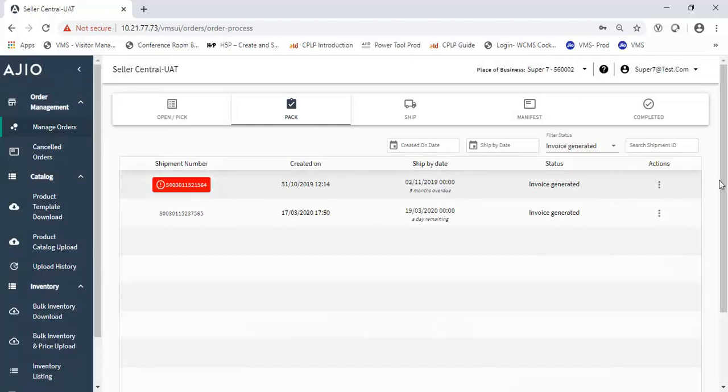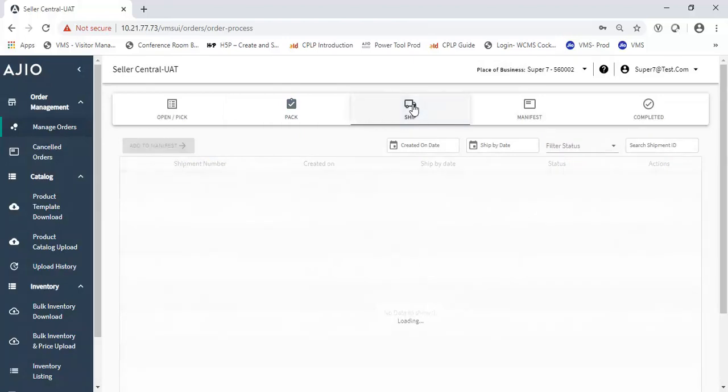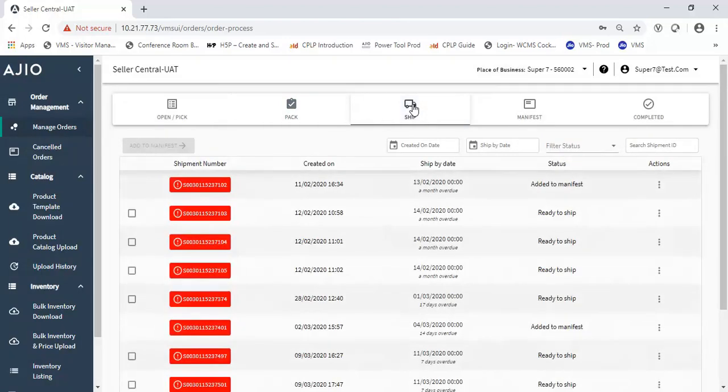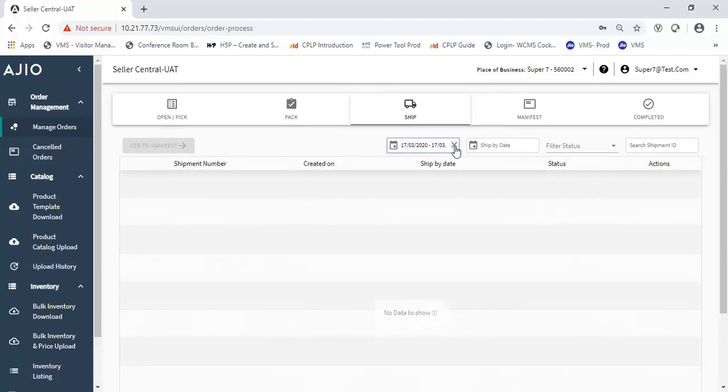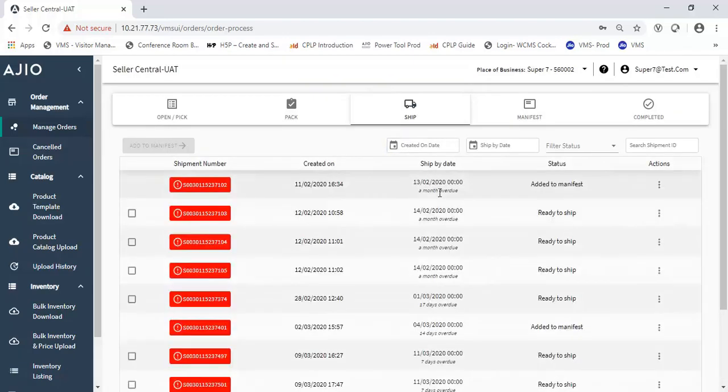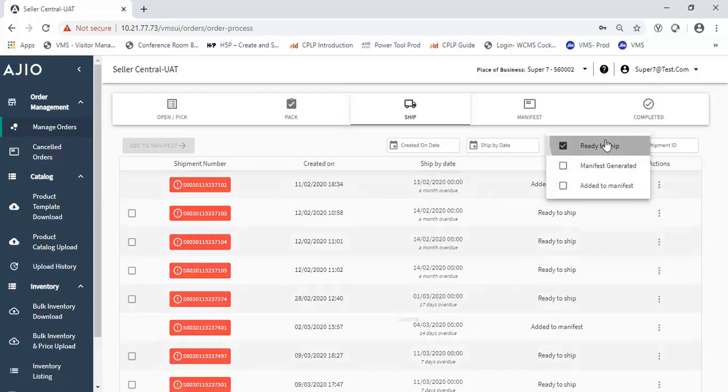Once that is done, you can go to the ship tab, where you can see that the shipments have been marked to ready to ship. Let's see the created date. Okay, so here if you see, for the status ready to ship,